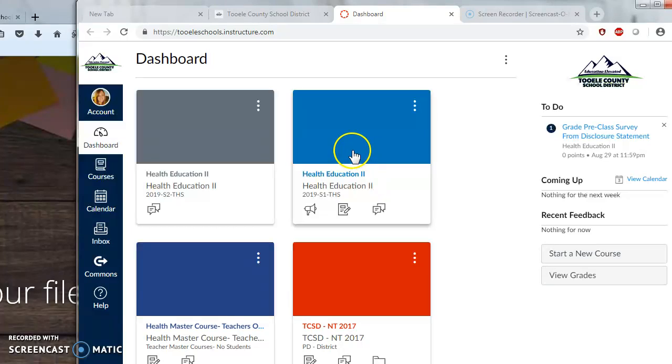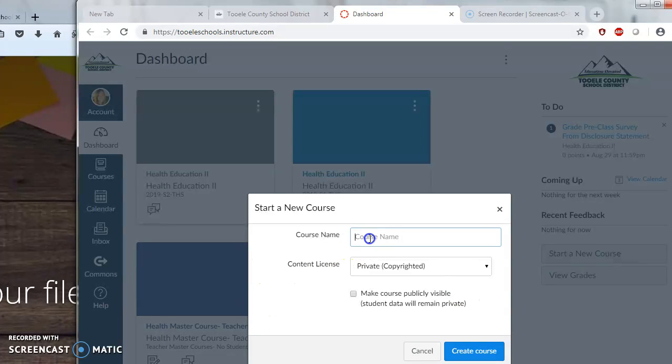You can see that Semester 1 of Health has already been loaded in Semester 2. And the way that I like to do things, and I think it's a good idea, is to create a master course. This is like setting up your worksheets and getting all of your master copies ready. And so the way that I like to do that is I will click on over here, you'll see Start a New Course. And I'm going to name it